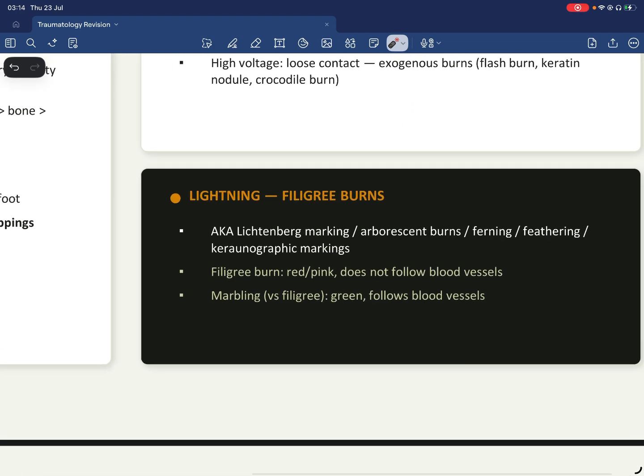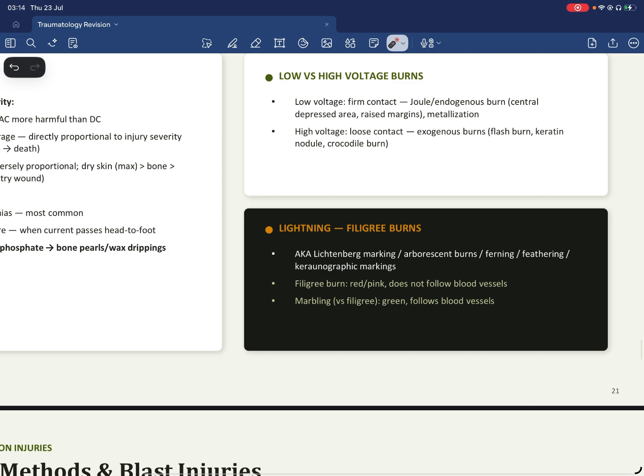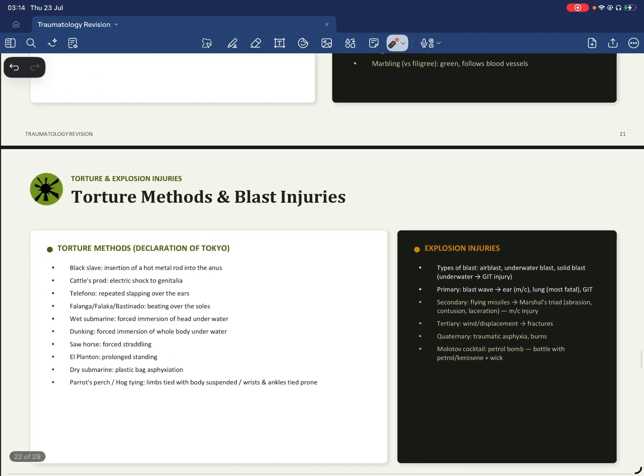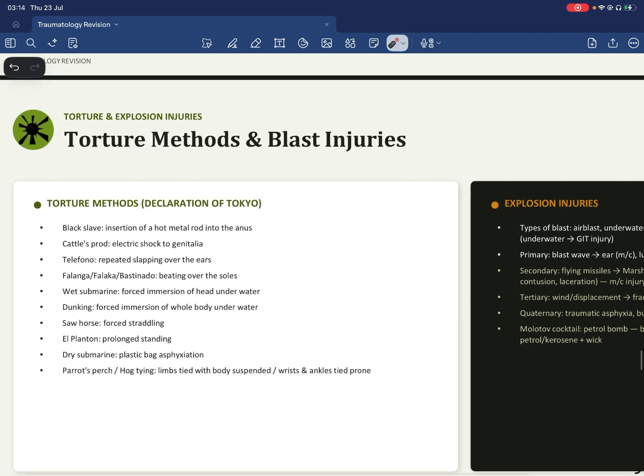Lightning strike injury is also called filigree burns: Lichtenberg markings, arborescent burns, ferning, feathering, or keraunographic markings. Filigree burns appear red, pink, and do not follow blood vessels. Marbling is green and follows blood vessels. Marbling is seen in post-mortem change, decomposition,